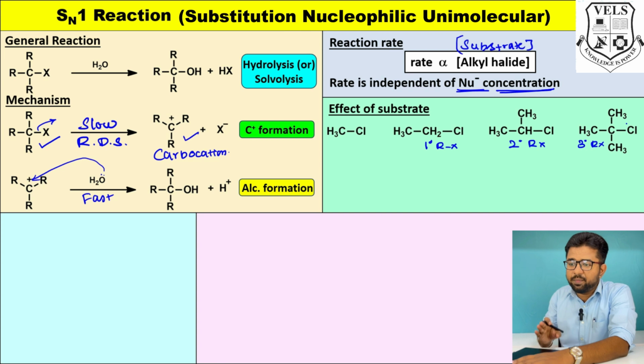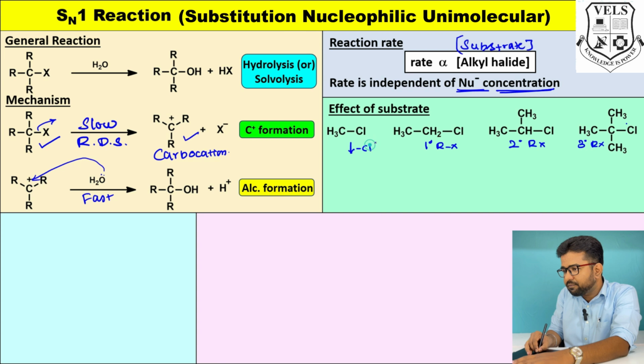So you know what the rate determining step in the SN1 reaction is? The formation of carbocation is the rate determining step in SN1 reaction. So you need to draw the carbocation intermediate of all the 4 species. For example, in the methyl chloride, the halogen is leaving as Cl minus. As a result, a methyl cation intermediate is formed, and in the primary alkyl halide, once the Cl minus is leaving, it leads to the formation of ethyl cation, and in this case, once the Cl minus is leaving, it leads to the formation of isopropyl cation,